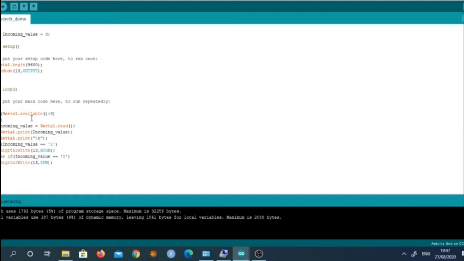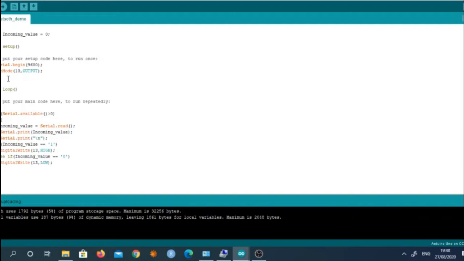Now actually what I have done is, on my mobile I have made an app using MIT App Inventor, and in that app I have made two buttons. One button is to turn on the LED and another button is to turn off the LED.